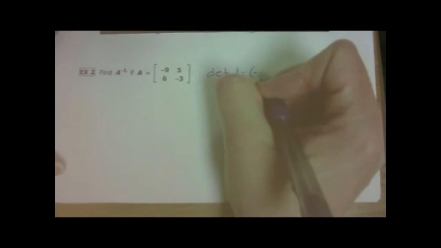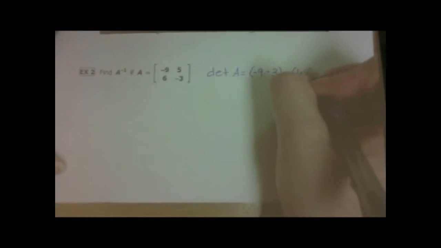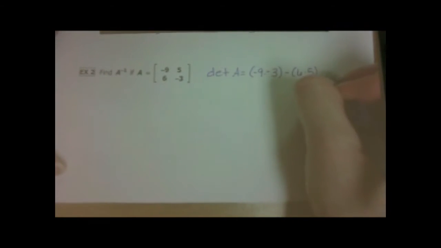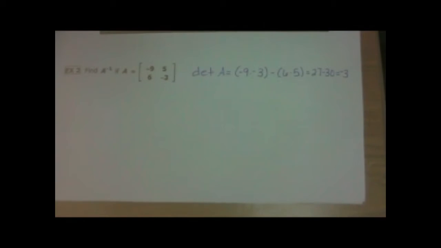So this is -9 times -3 minus 6 times 5. So this is 27 minus 30, which gives us -3. All right? So A inverse is